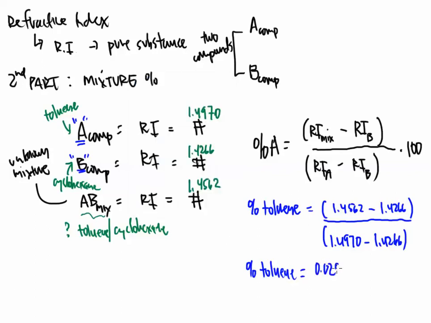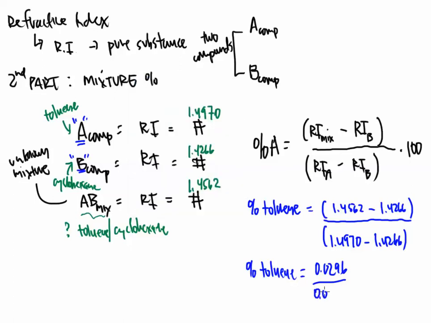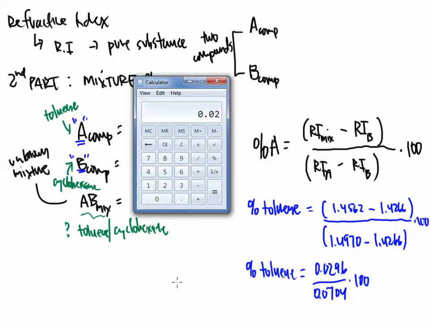Okay, so 0.0296 divided by, well, I do the bottom, 1.4970 minus 1.4266 is 0.0704. Okay, I can't forget to multiply by 100 over here. So then I take those two numbers, 0.0296, and I divide it by 0.0704, and then I multiply by 100, and that gives me